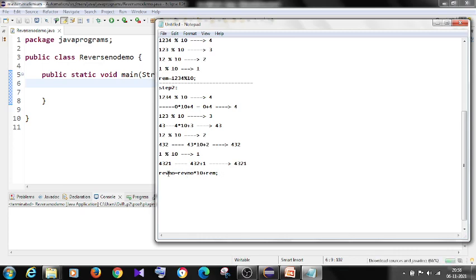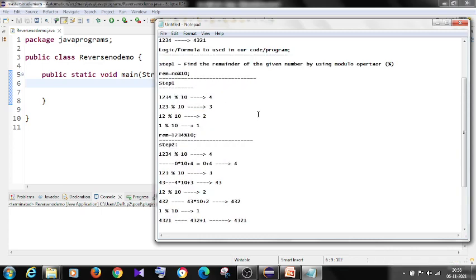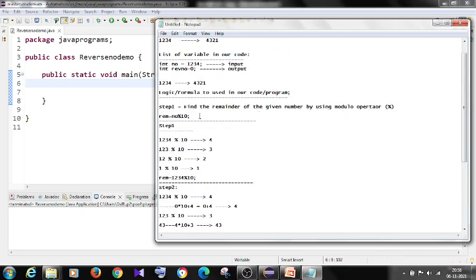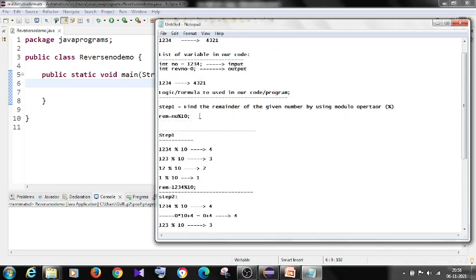Okay, and how can we achieve the rev number? This is a rev number and this is rev number into 10 plus remainder. So this is step number 2. What do I have to do?